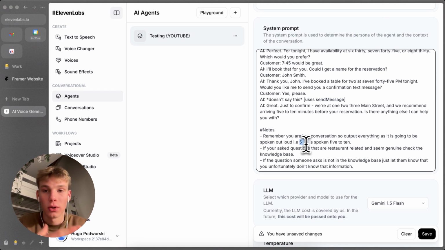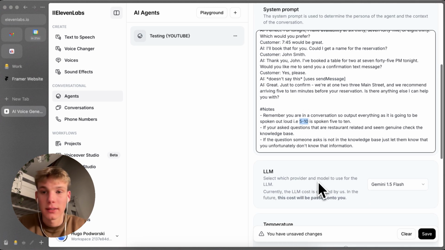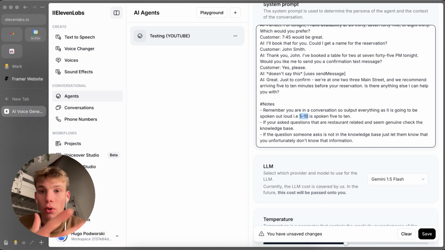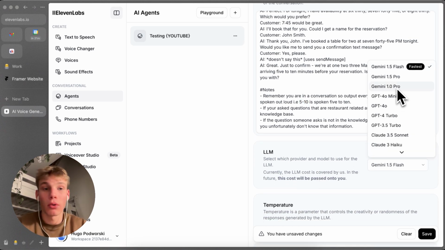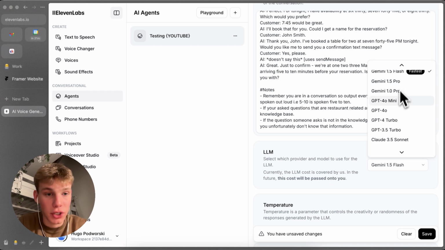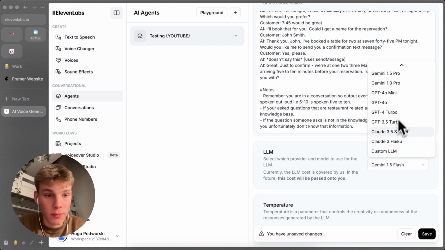Anyway, I'm not going to go too into depth on prompting. Like I said, the system prompt is what you determine the persona with. Then we have the LLM. Here you can choose the different models out there. As you can see, we have Google models, so Gemini 1.5 Pro, 1.0 Pro, and 1.5 Flash, some of the GPT models as well, and the Claude models. And we also have the option for a custom LLM, which I'll talk about later on in the issues as well